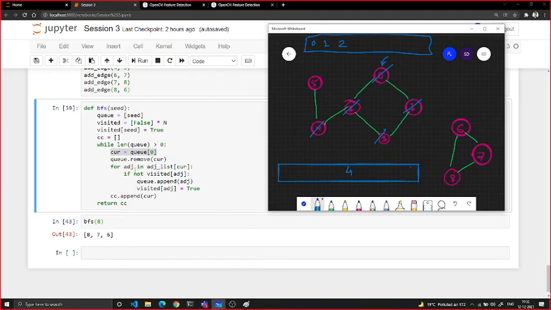Then we look in the adjacency of 3. In this case we have 2 and 1, both are visited, so we do nothing. So we append 3 to the connected components list. Then we have the last element that is left in the queue, 4. So we pop out 4,